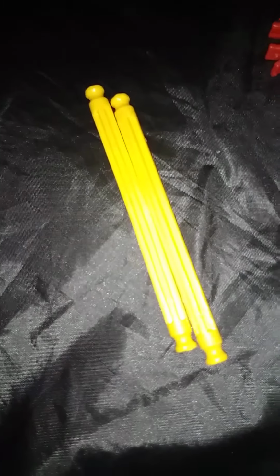So now you're going to make the head of the axe. So here's the pieces you will need. You will need 2 of these yellow rods, 3 of these pieces, 3 of these kinds of pieces, 2 of these pieces,